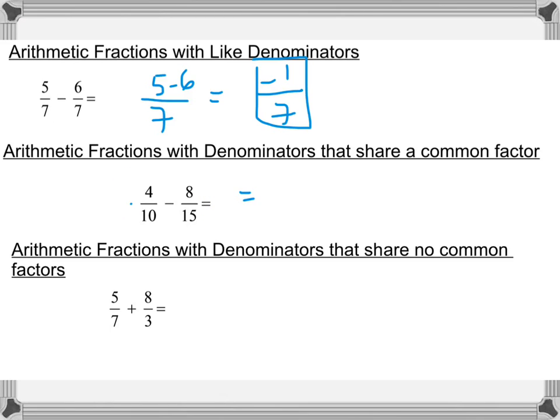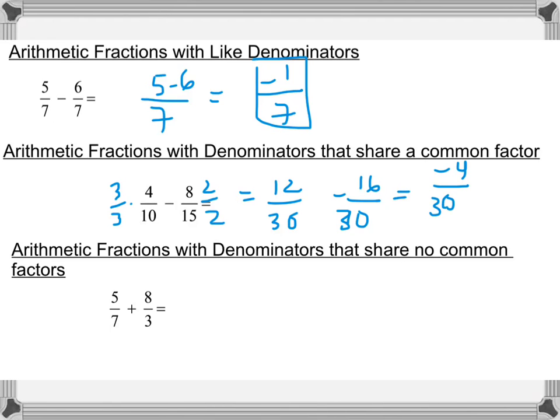So here you want to multiply this again by 3/3 and this by 2/2, and then this becomes 12/30 minus 16/30. 12 minus 16 is -4/30. Now -4 and 30 share a factor of 2, so this would become -2/15, and that's as far as you can go. Okay, so the next category of fraction is fractions where the denominators, 7 and 3 in this case,